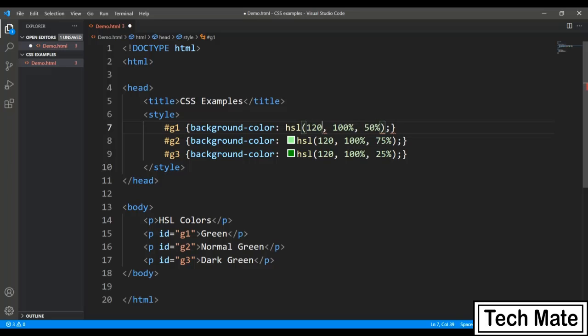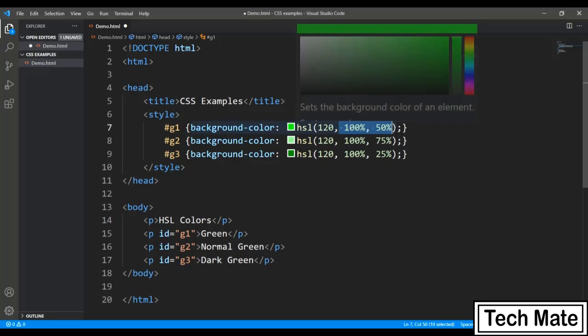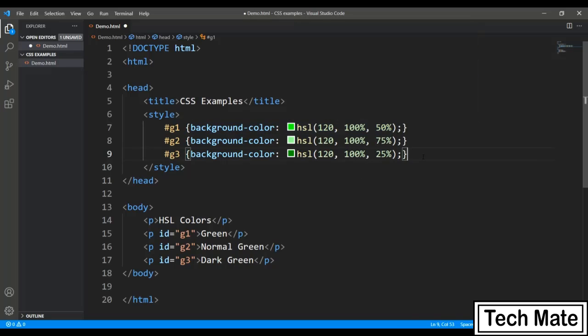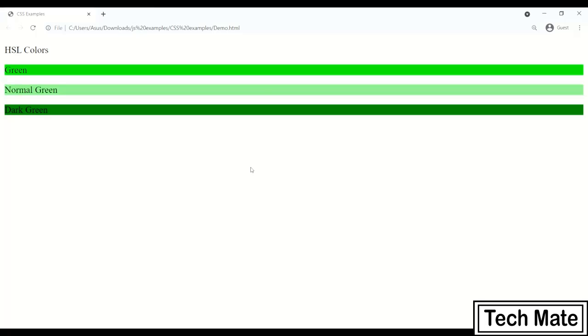In the current example I'm using 120, so I'm going to set green. After that, you can change the saturation and lightness, depending on how light you want the color. Let's save it and see the output in the browser. Here you can see normal green and dark green, just because of the change in the lightness in the third parameter. So these are the new ways of using colors in CSS3.